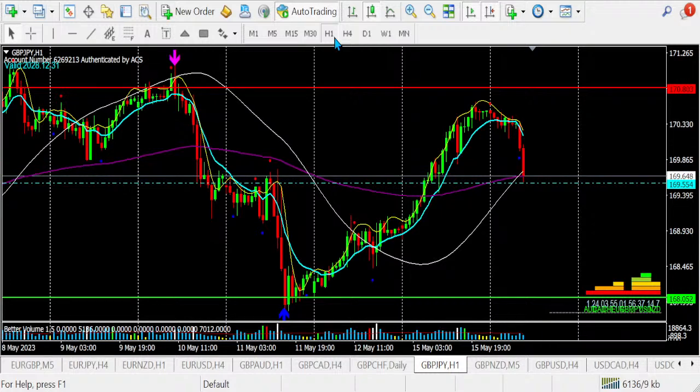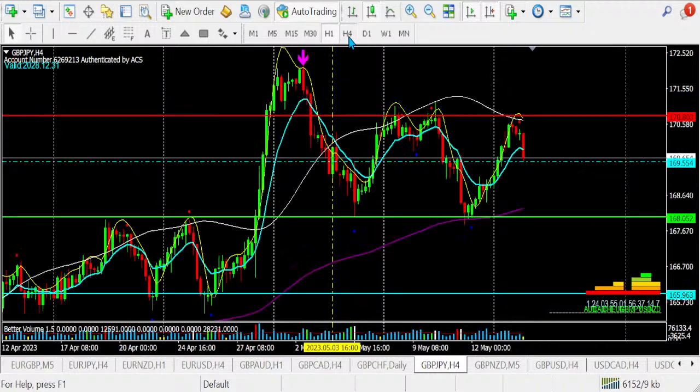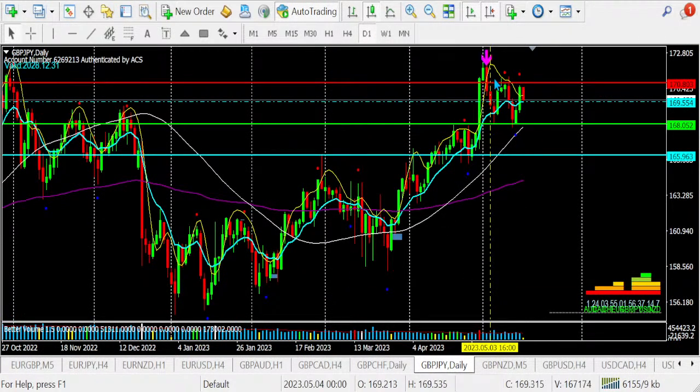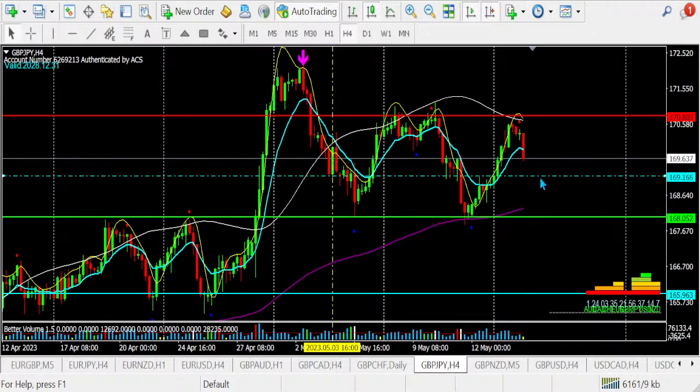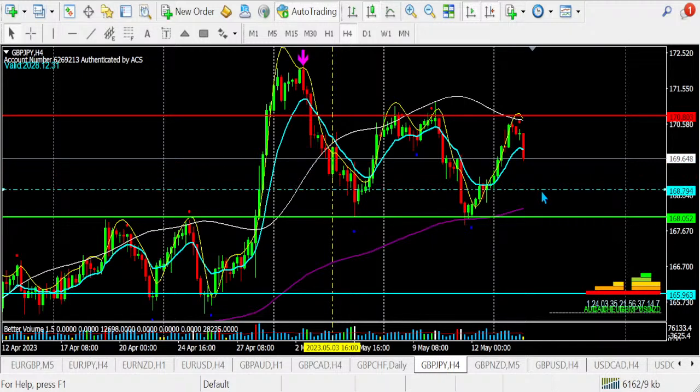Okay, I'm back. Right, sorry guys. So come back here. Looking into this Pound Yen, we are setting off from the resistance area. We have been discussing this area for quite a while, and now it's actually coming back for the selling. So looking into this resistance level here, we can see the support here. So looks like